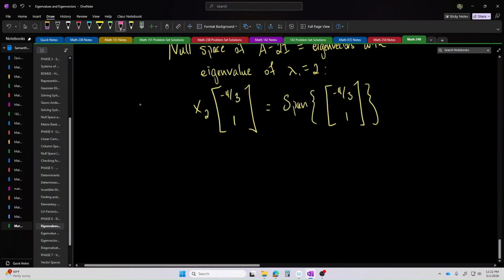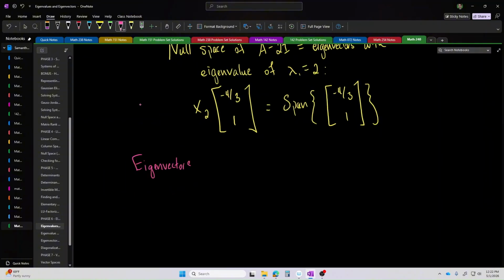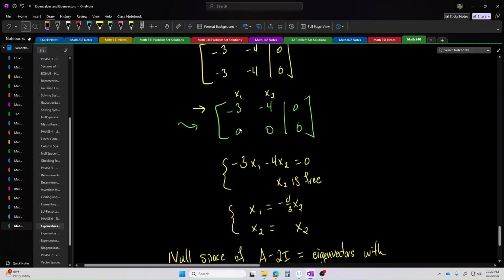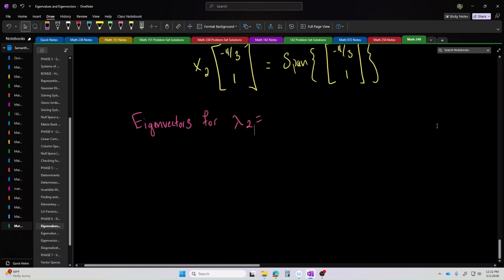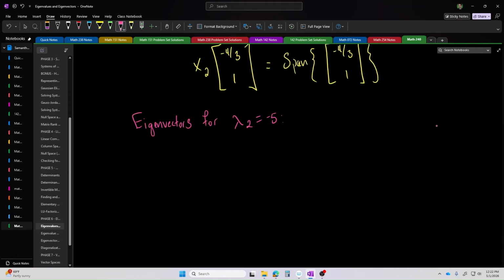If I want to find the eigenvectors that are associated with lambda 2 equals the other value, which was negative 5, I need to take my matrix A and subtract this one particular eigenvalue that I'm studying right now, A minus negative 5 times I. In other words, A plus 5 times I, and then I need to look at the null space of that